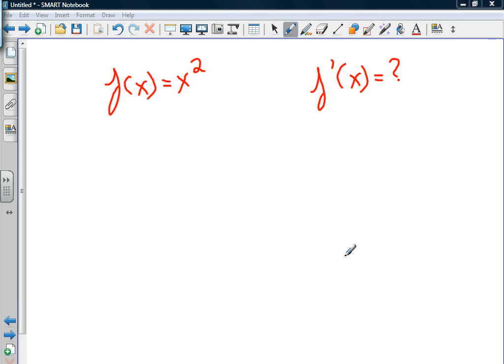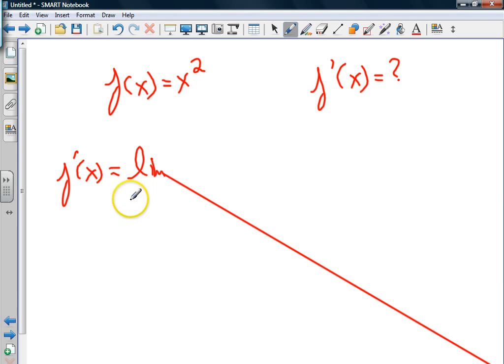How would you find, algebraically, the derivative of x squared? First you have to do, what do you have to do? You have to use the definition of the derivative. So what is it? F prime of x equals what? Anybody? The limit